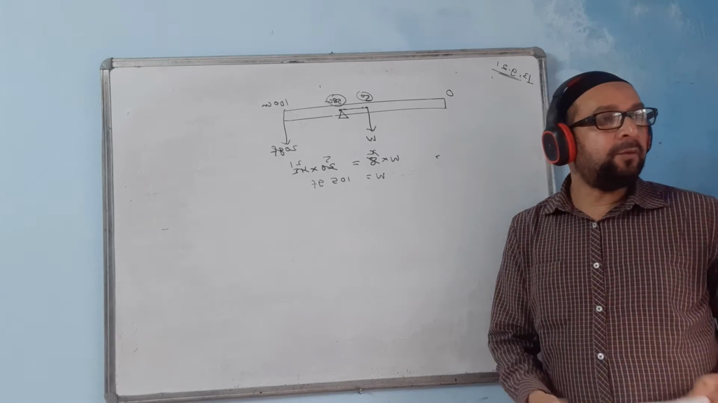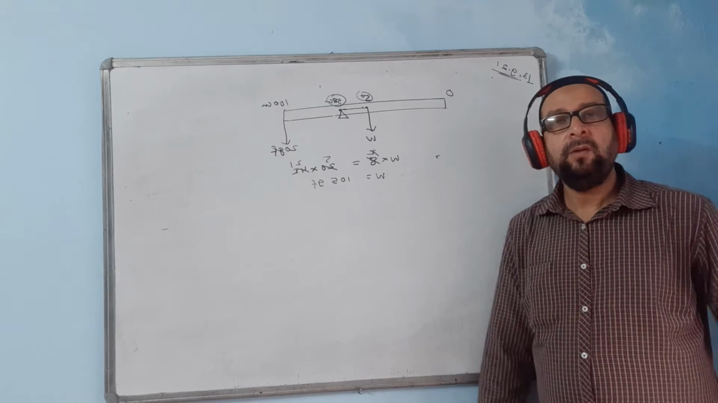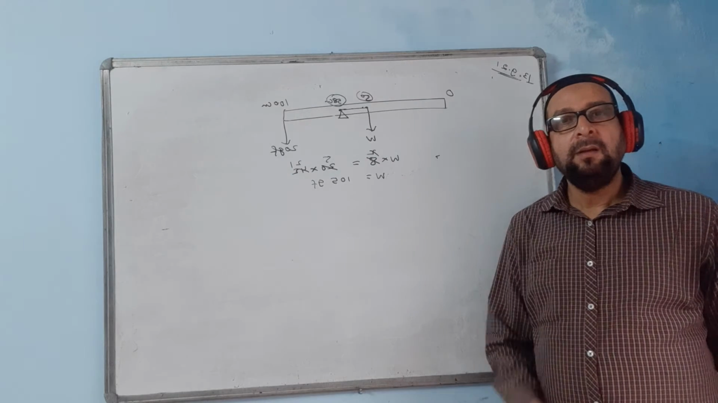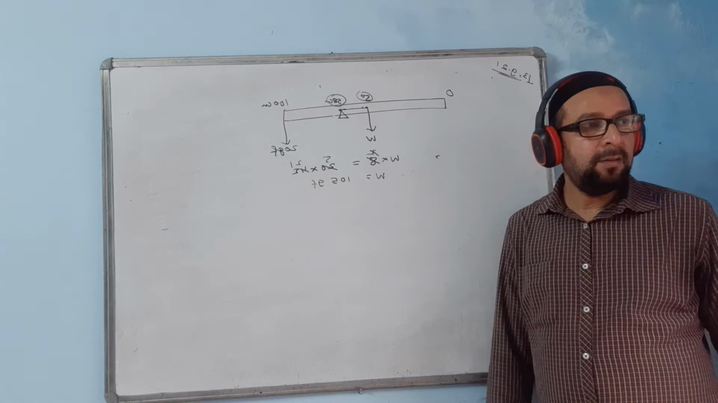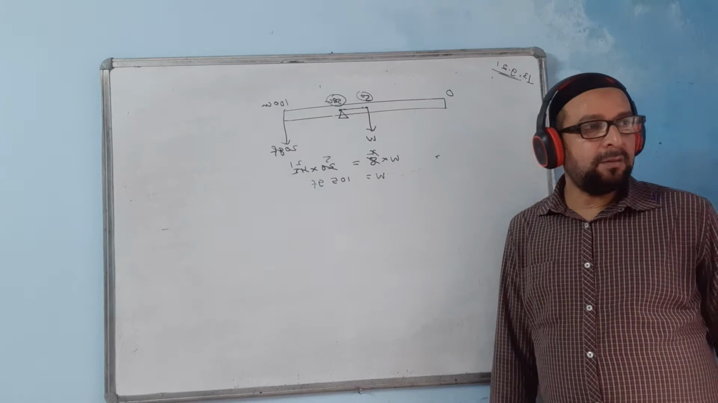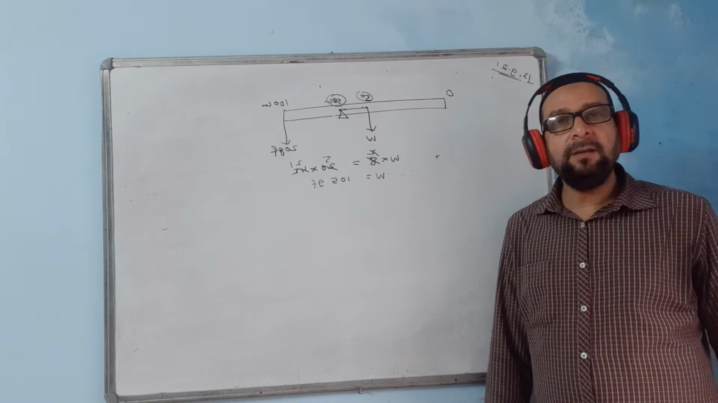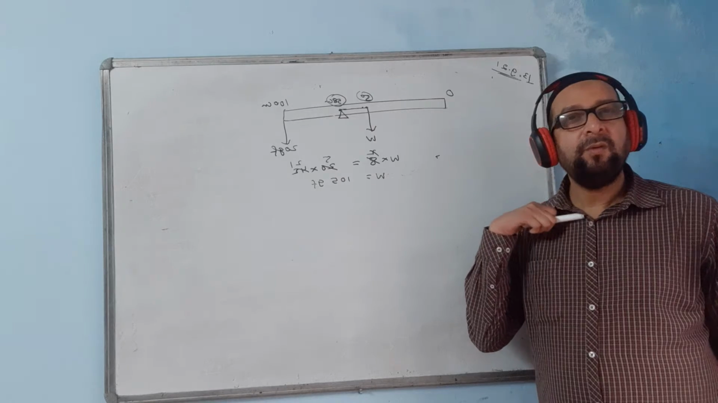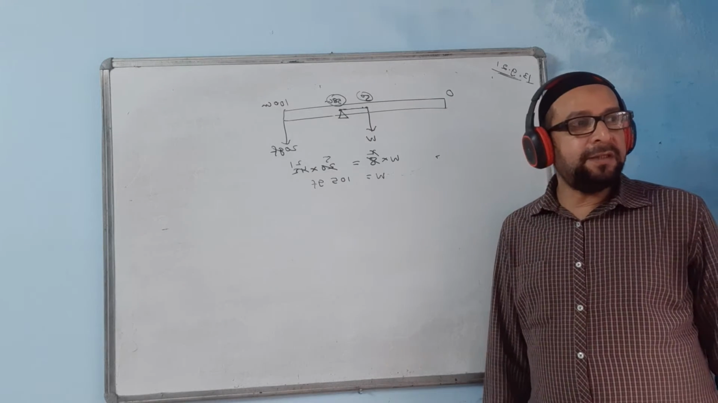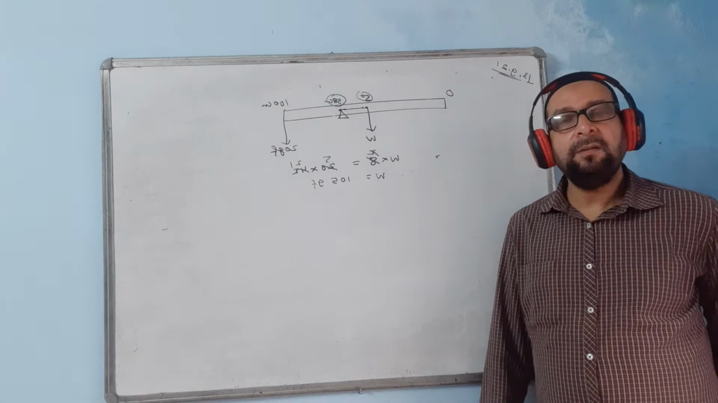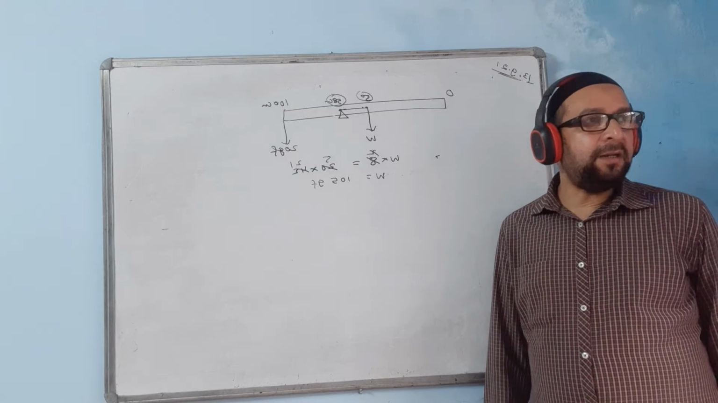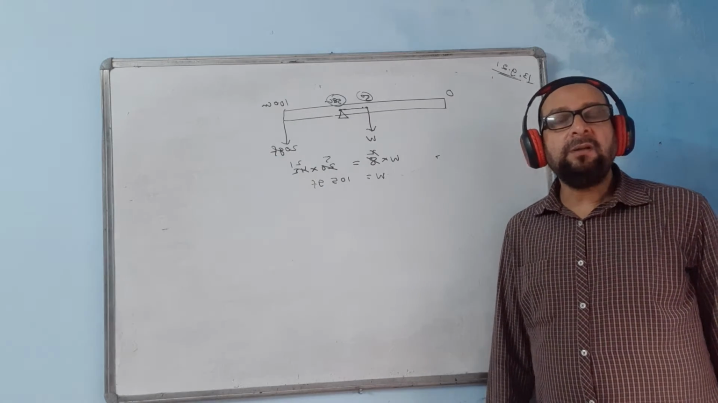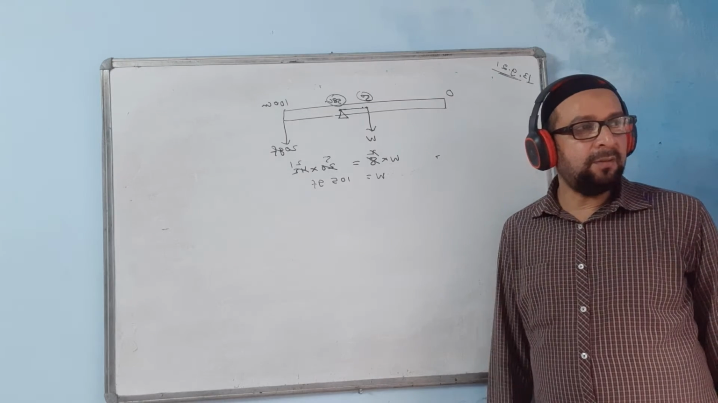A uniform half meter rule is balanced at 20 centimeter mark by keeping a weight of 100 gf at its one end. Full stop. The weight of the rule is